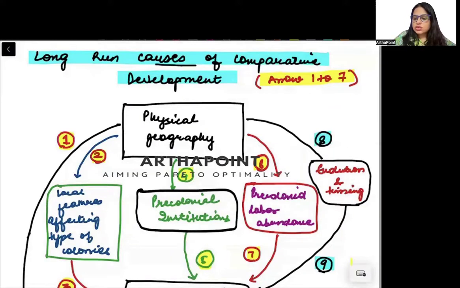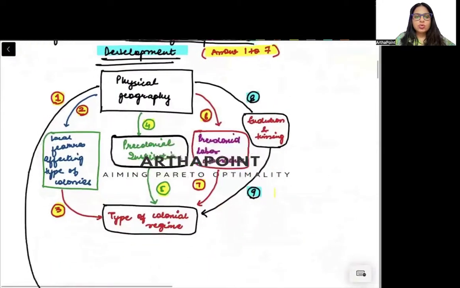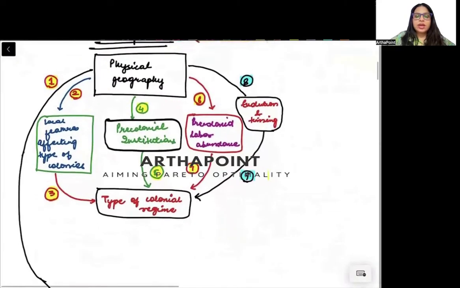Long run causes of comparative development. Now, this is very interesting, but this is very difficult. So you need to do each and everything with me. In total, in this part, we are going to talk about a lot of things. I'm going to talk about approximately 15 to 16 arrows